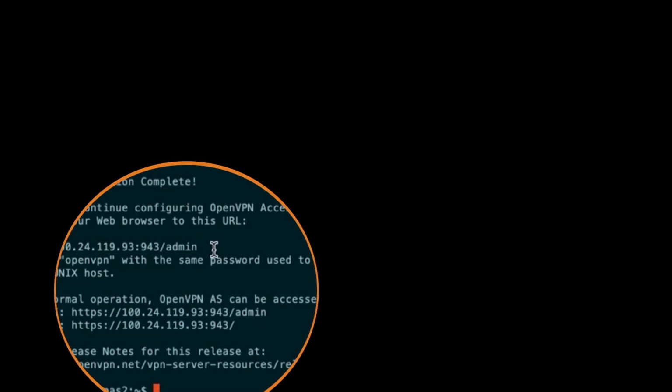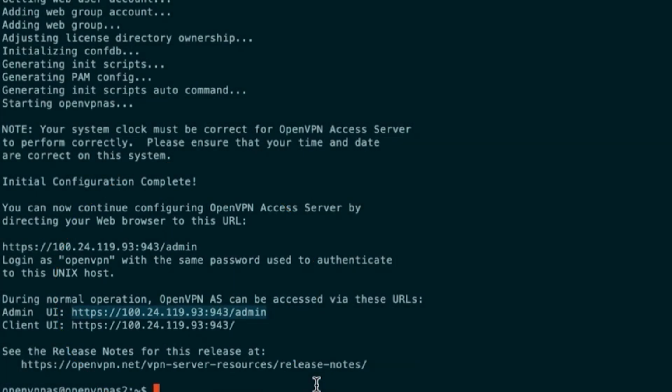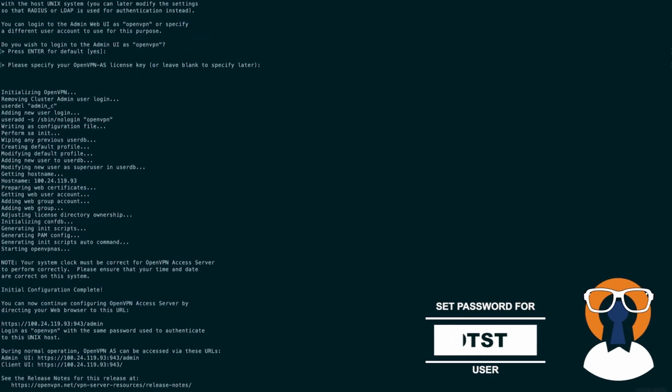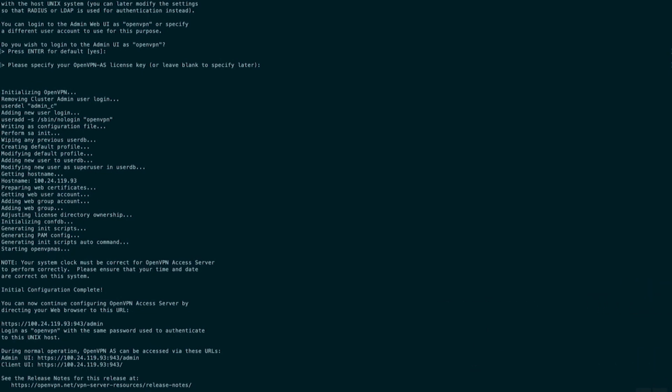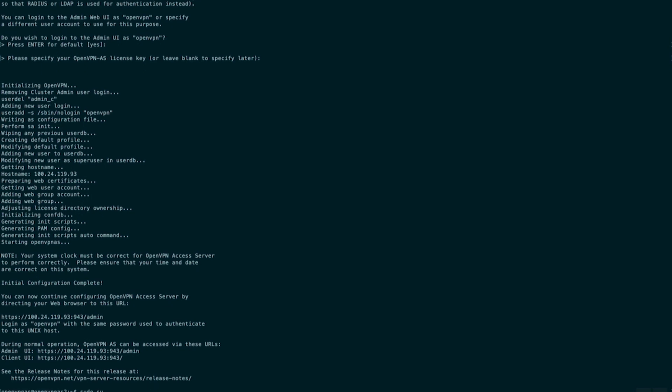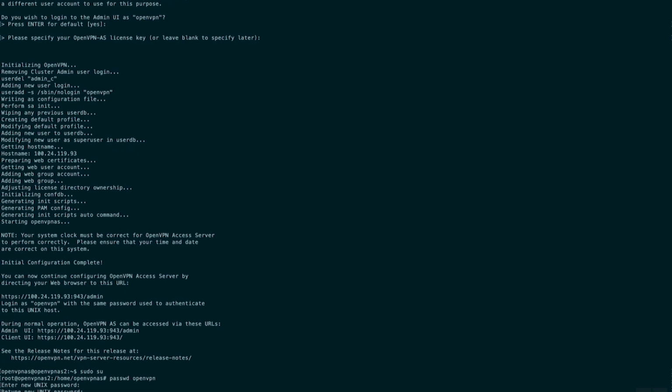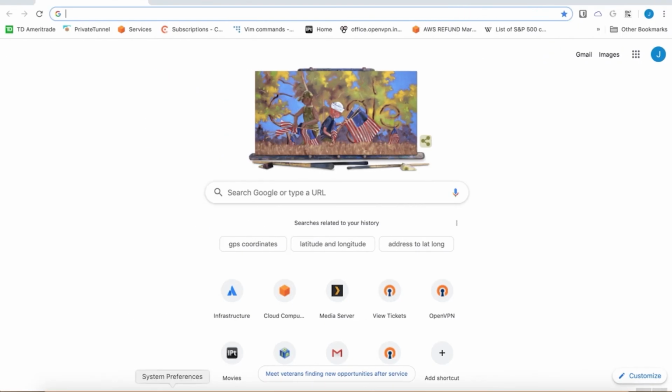Finishing up here. Okay, excellent. There's our URLs there. Now I'm going to put that on my clipboard. And then I'm just going to sudo up real quick and change the OpenVPN user password. This is a bootstrap user. It's included in the AMI, and I'm going to use that to log into the web services. Okay, great. Now if I go back to a browser,